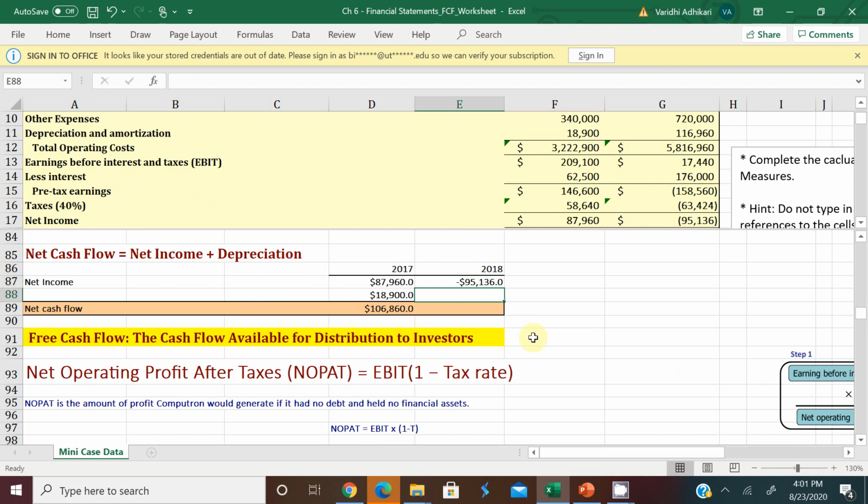So net income was that for 2018, and we're going to add depreciation. You can type in depreciation, but you can also just reference this cell. Equals depreciation and amortization for 2018, which will be that, right? Then you add those together